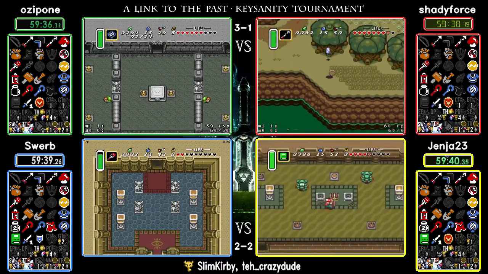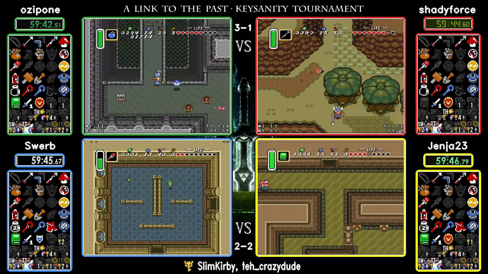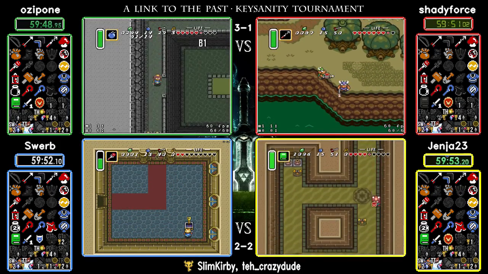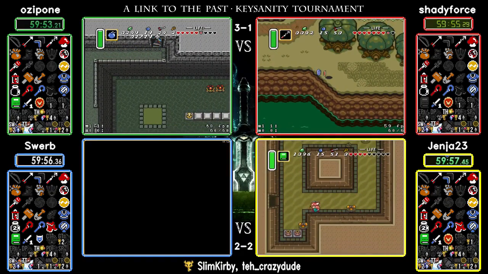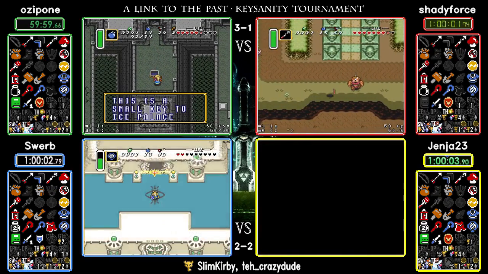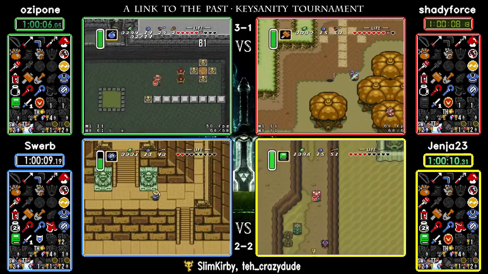Meanwhile, in the map room of the desert, we have pharmacy money. And at this point, he can only get the small key that's on the ledge, which means Swerb might be picking up the progression here. Jenya ignoring the desert torch right now. Let's hope it isn't anything needed. Well, we got a small key to Swamp that still doesn't progress anything, though. Yeah, we need those flippers. So maybe this small key...